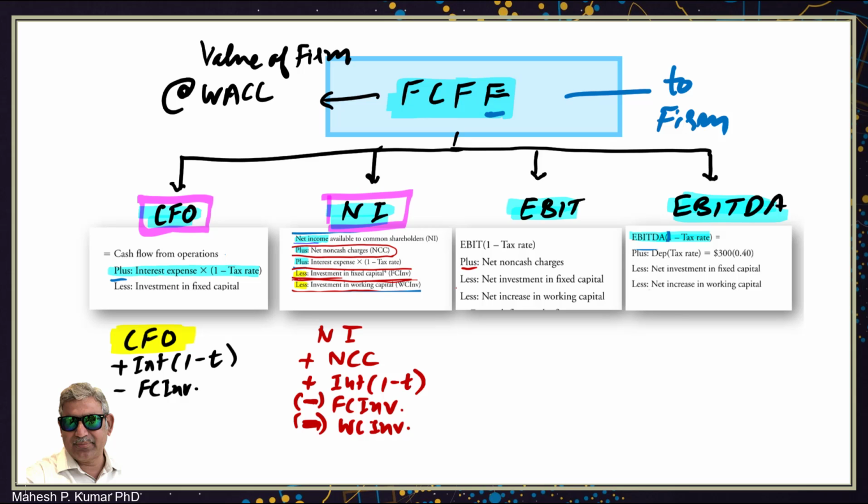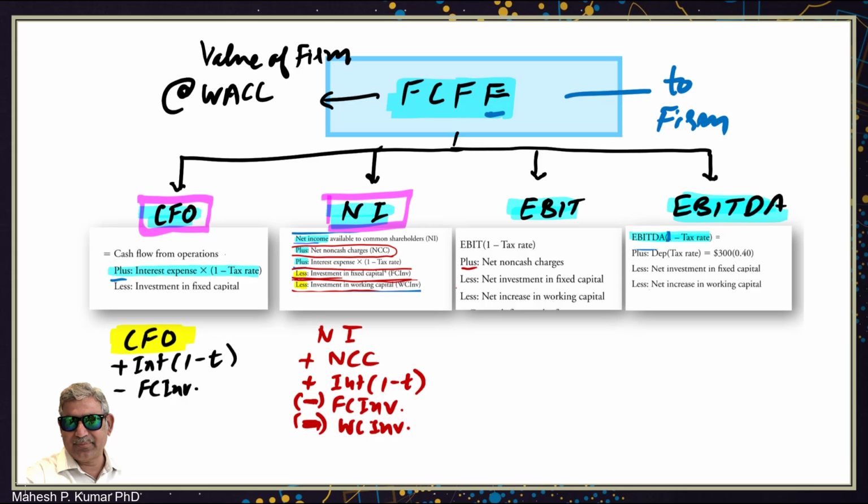So it is mostly a minus number, because investment in working capital means there is an increase in working capital, and working capital mostly is about current assets and current liabilities. In current assets mainly we consider inventory and accounts receivable. In current assets we don't consider cash or cash equivalents, and in liabilities we mostly consider accounts payable.